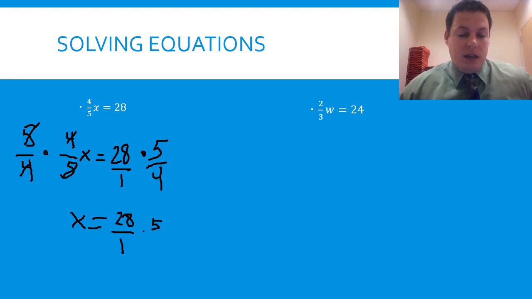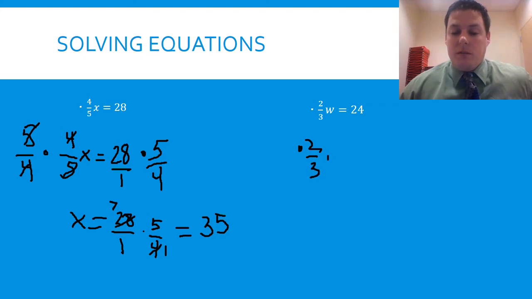Since I'm multiplying, I can cancel like things. 4 goes into 28 7 times, leaving 1 down here. So x equals 35. If you plug 28 times 5 and then divide by 4 into your calculator, you would get the same answer. x equals 35. Again, over here, we want to undo the 2/3 w to get w by itself, so we